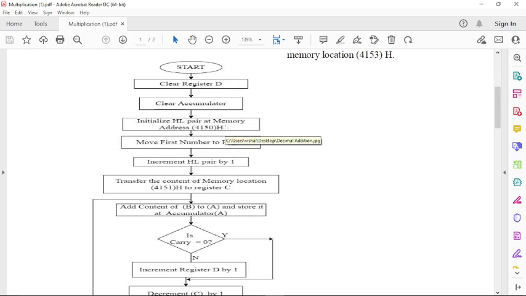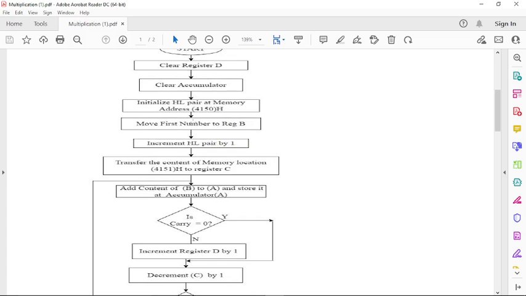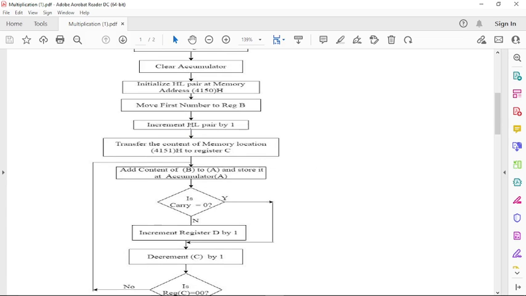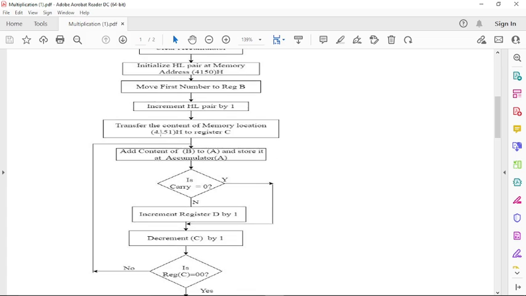It contains the first number. We have to move that first number into register B. Then we have to increment the HL pair by 1. Now the HL pair is pointing towards the second number. We have to move that second number to register C. So this is the initialization and some transfer process that we have performed here.